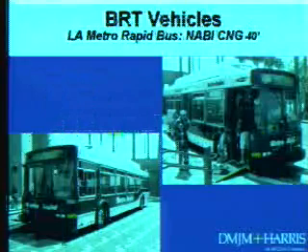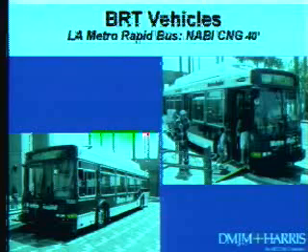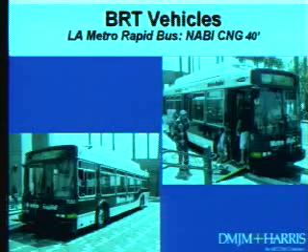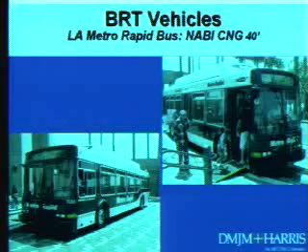Los Angeles has been on the forefront of implementing bus rapid transit. They had some pretty disastrous experience with some rail systems, at least heavy rail systems, and so they're looking for some other options. They have a line that goes between downtown Los Angeles and Santa Monica. Lots of buses, every 7 or 9 minutes. There's signal priority. All the buses look like these, and they're the only ones that look like that in Los Angeles.